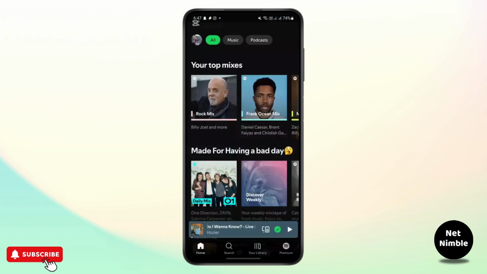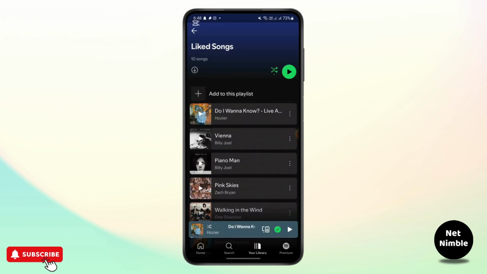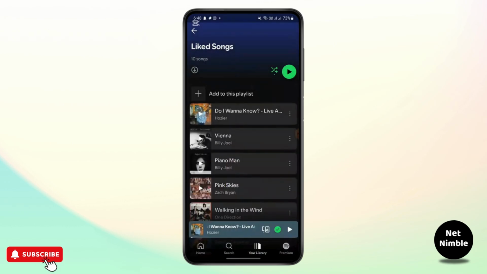Once it is added to your playlist, you can go ahead and go to the library section, and then here look for the song that is on your device, on your playlist. Once that is done, you can find this download option. You can just go ahead and download it. And once that is downloaded,